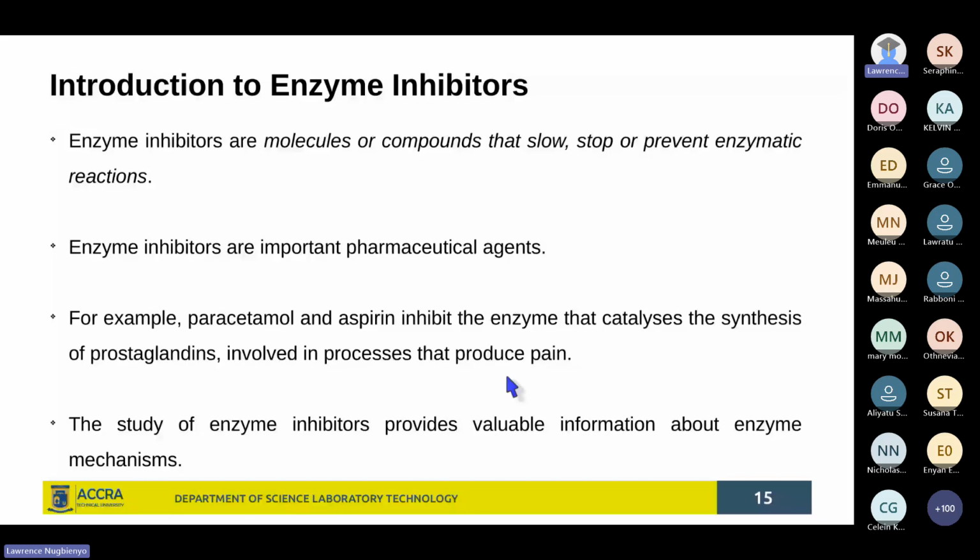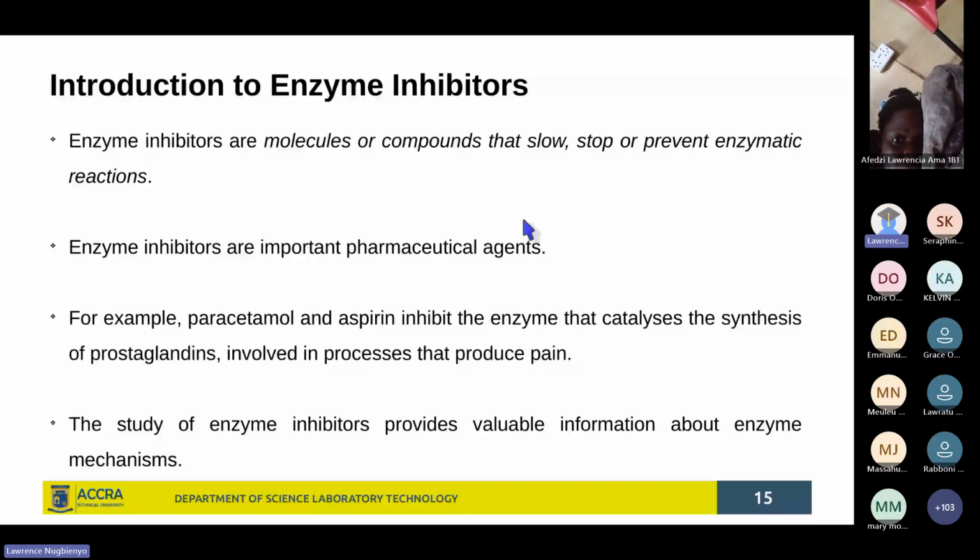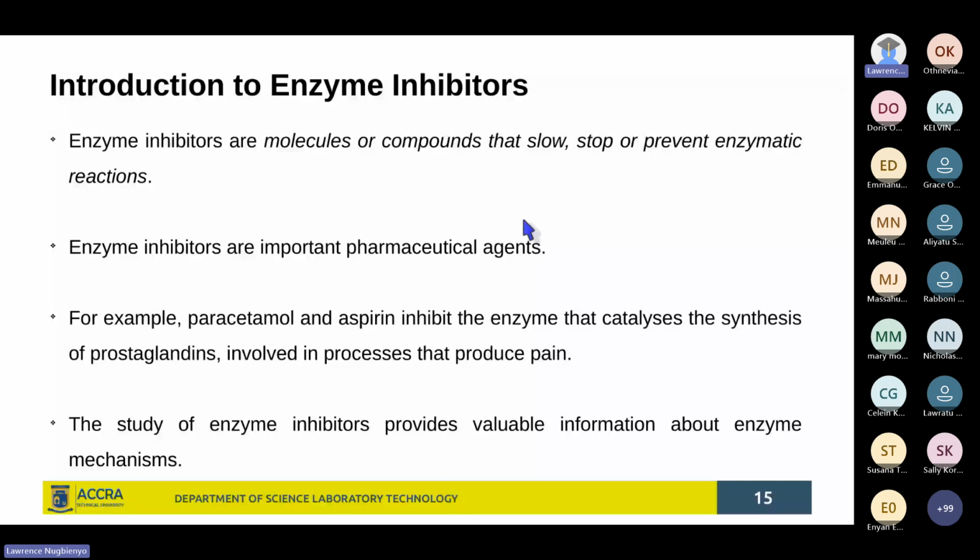Another thing we can look at is the slowing down or the blocking of enzymes, prevention of enzymatic reactions, which we refer to as enzyme inhibition. And this can be done by molecules which we refer to as inhibitors. So a molecule that inhibits enzymes either slows down the enzymatic reaction